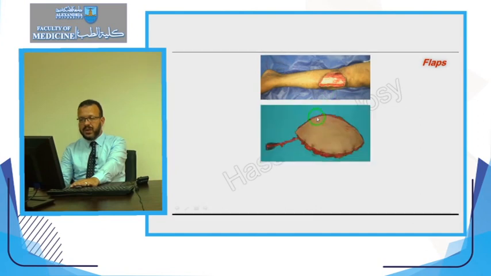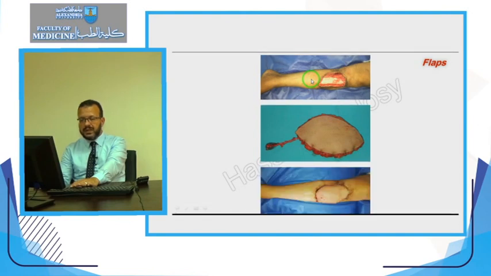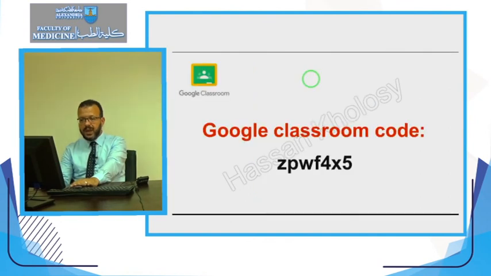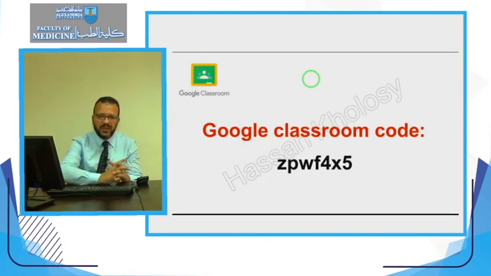And this is only an example of a free flap: this defect was reconstructed by a flap that was harvested from a remote donor site to the recipient site. And if you see here, this is the flap connected to the artery and the vein. Then we connect the artery and the vein of the flap to an artery and a vein in the recipient site in order to reconstruct this defect. Of course, I know these types of flaps are difficult to understand. They are very easy to understand if you see them once.